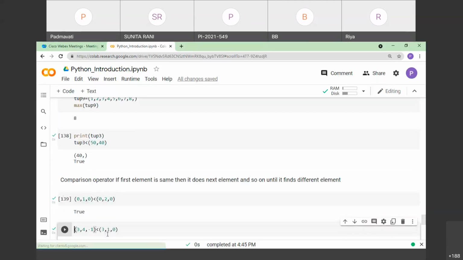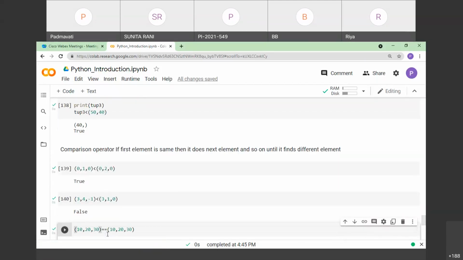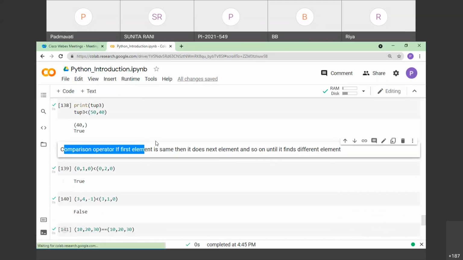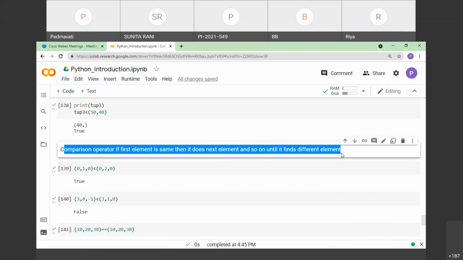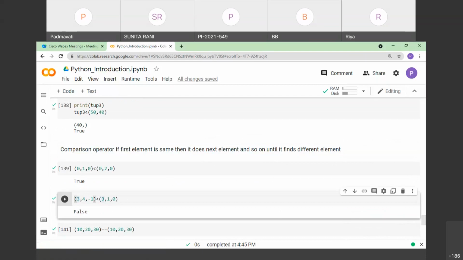Okay, see here. Just read out this statement once. So how does the comparison occur in this? First, this 3 will be compared with this 3.